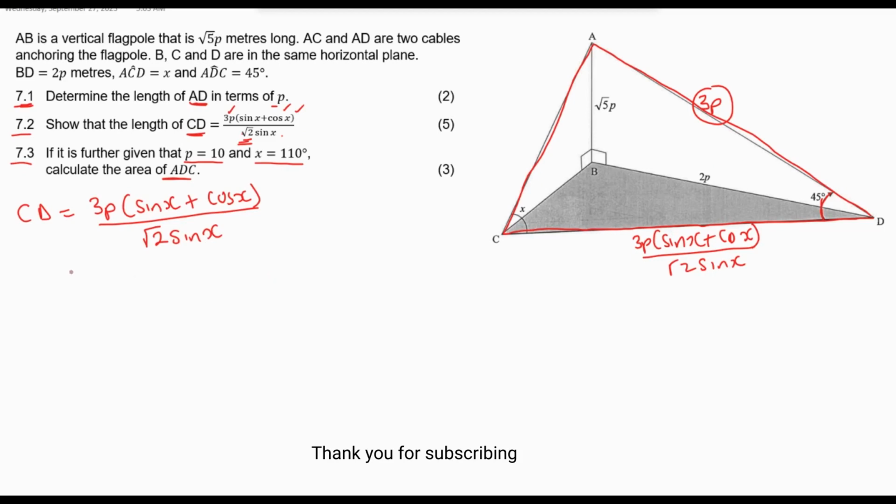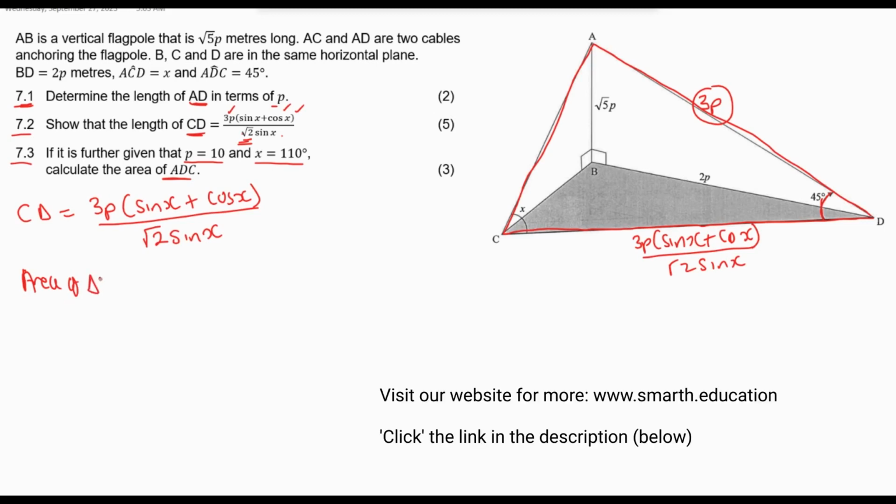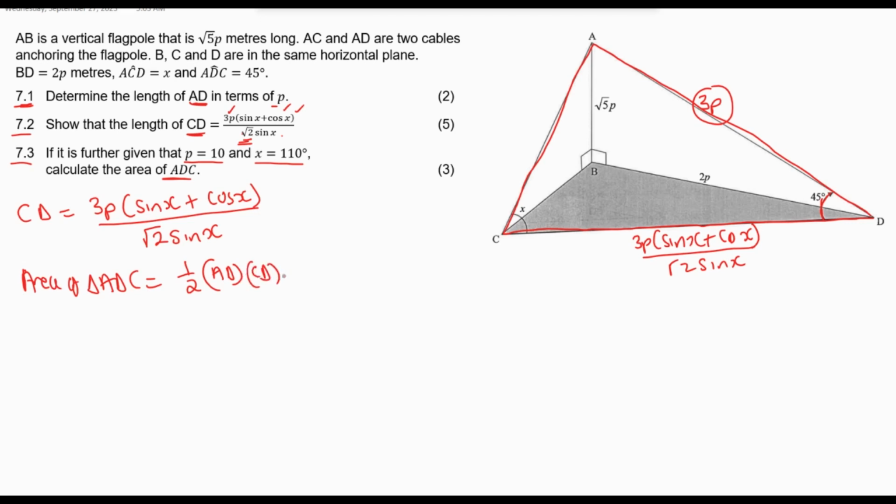Right. So let's use the area rule. Area of triangle ADC is equal to half, and then one side is AD, then another side is CD, times sine 45. 45 degrees is the included angle. Right, let's substitute what we have. We have half, and then AD is 3p, and then CD we have 3p